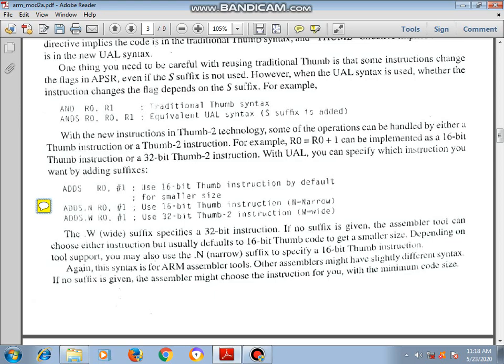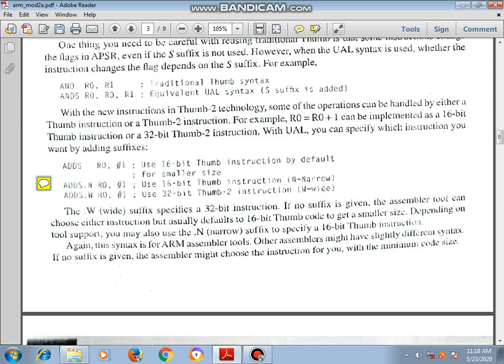ADDS R0, #1 uses the 16-bit Thumb instruction by default. That is ADDS.N, the 16-bit Thumb instruction, with N for narrow. If you use .W, this is a 32-bit Thumb-2 instruction, meaning wide. Specifically, if you use UAL you can mention which operation you want to use.